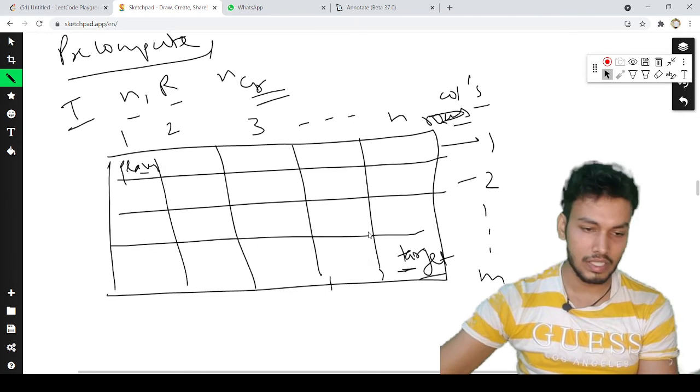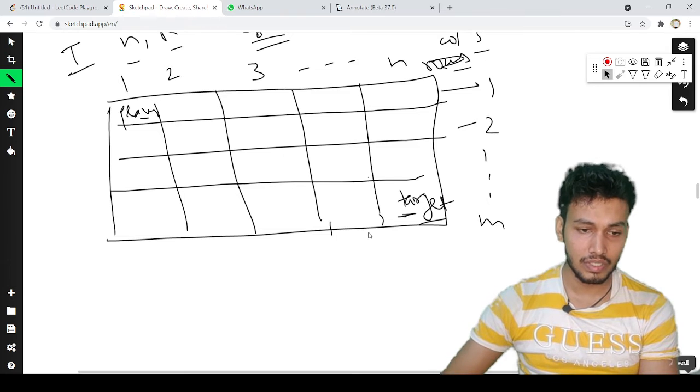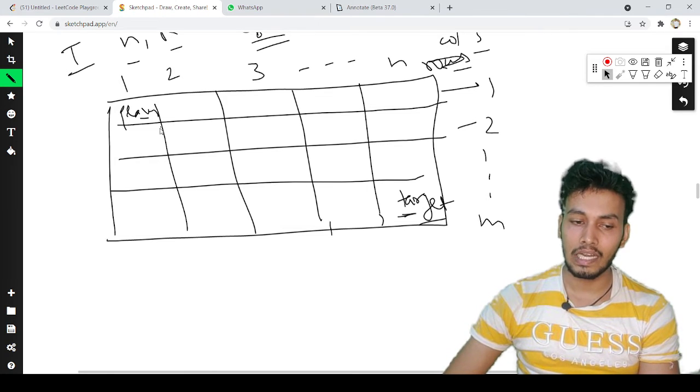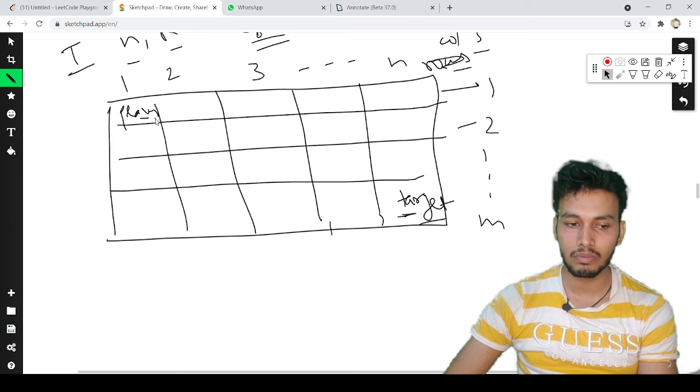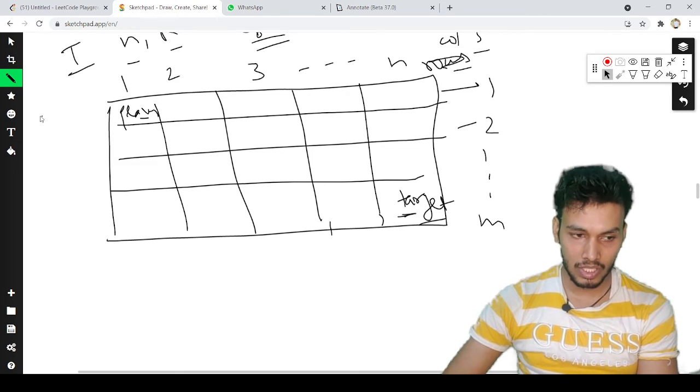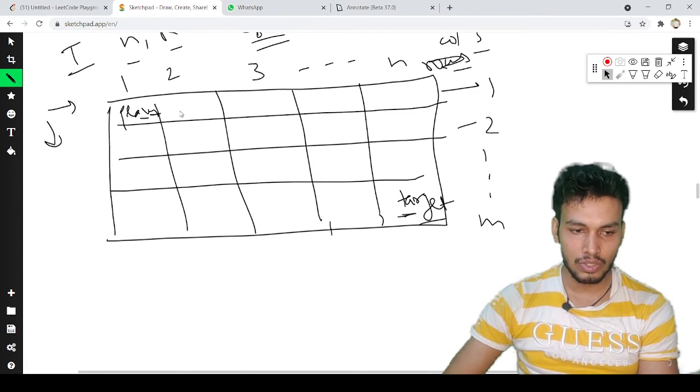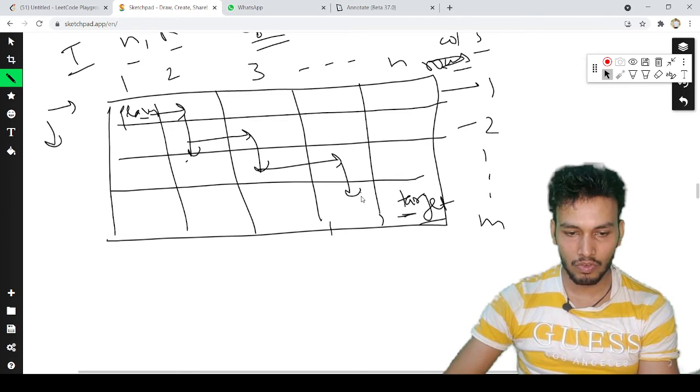So let's solve this problem. How can we solve this? As simple as that, first of all, let's calculate how many steps a player is going to need for sure. Let's say one more condition is given, that the player can move either right or down. Let me show you a possible path. This is one of my possible paths.